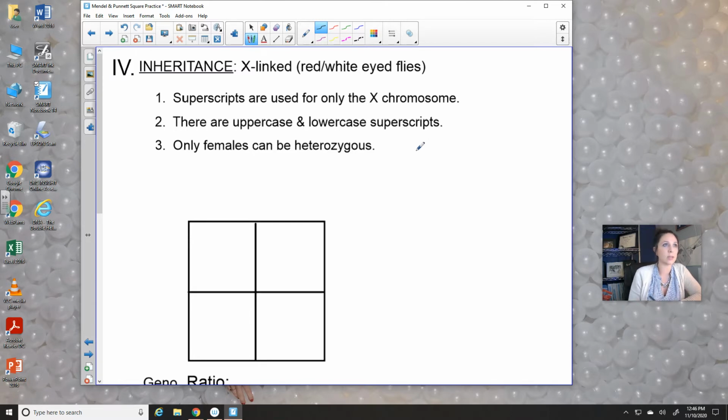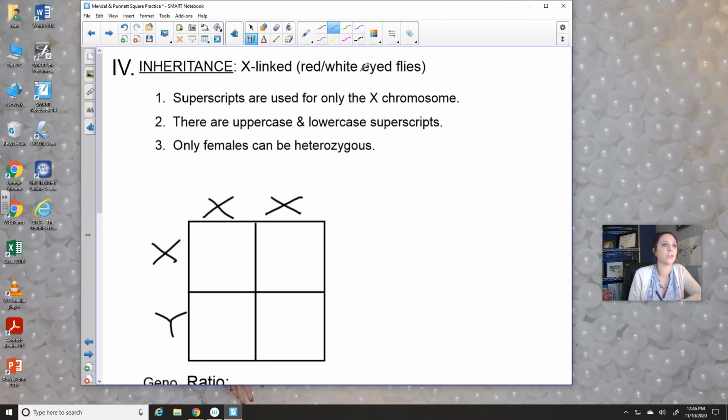All right, with X-linked inheritance, you always start off with a male and a female. Here's our female, XX, and here's our male, XY. It doesn't matter what side of the Punnett square that you put them on. It doesn't matter. Okay, next, the example I have for you today for X-linked inheritance is eye color in fruit